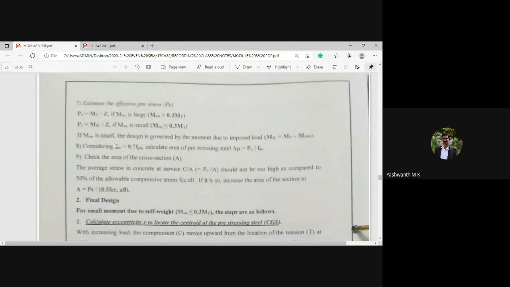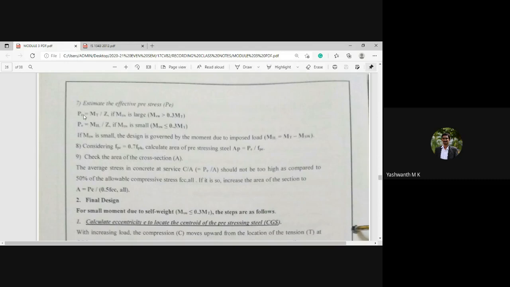Next, estimate the effective pre-stress. So already been defined. What is the meaning of effective? Effective pre-stress is nothing but, after whatever the loss of pre-stress that has been encountered in the PSC beam, the net pre-stress available in the PSC member or beam is called effective pre-stress, so that it can resist or counteract the tensile stresses that will be developing inside the PSC member. Okay, so that is the meaning of effective, which is denoted by PE.